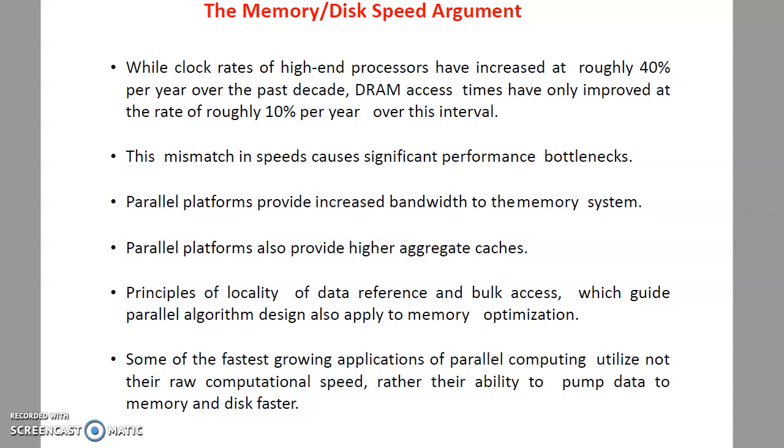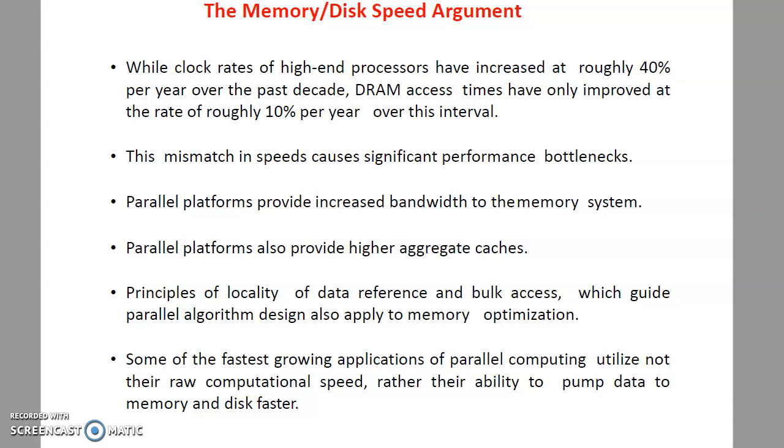Principle of locality means what? There is spatial locality and temporal locality. That means if a particular data has been accessed from a location, then the next access will be close to that location. So that is the concept of spatial locality, locality of data reference. And temporal locality means it is related to time. For a particular time, the data accessed will be similar to each other. So that is related to temporal locality. Locality related to time is temporal locality, and locality related to location is spatial locality. So that also led to memory optimization.